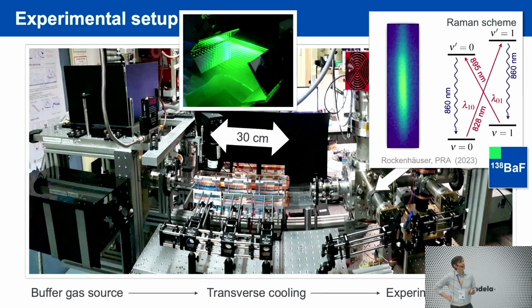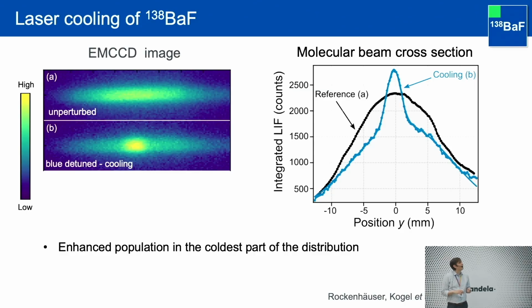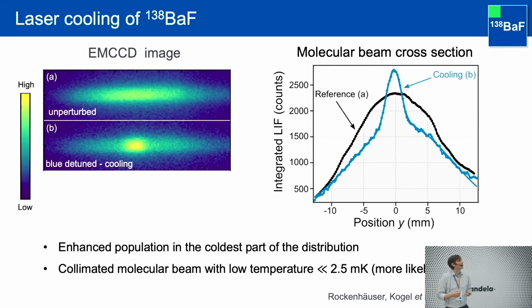For now, I will just show you pictures that have been taken of this molecular beam, because we want to characterize laser cooling. And we detect this with a very nice different way of building the optical cycle, which involves basically two cycles with Raman transitions, and then you have background-free detection. So this is one of the things, of course, you want for your precision measurements in the end. And so here's a picture of the molecular beam. Okay, this is the reference, and then we apply cooling, and you see already that there's a huge enhancement here in the center, where we have enhanced the number of molecules in the coldest part of the distribution, so to say. This is a very collimated molecular beam now.